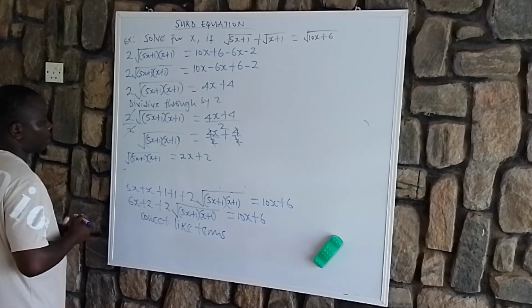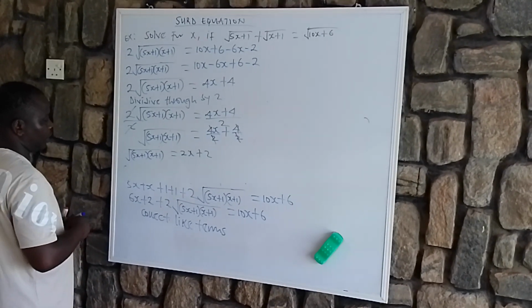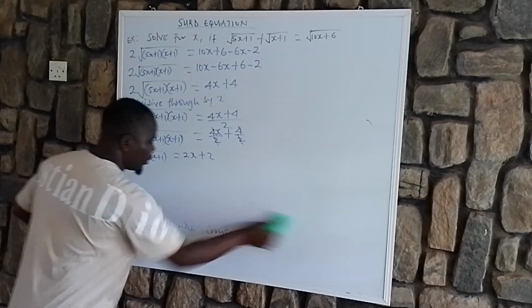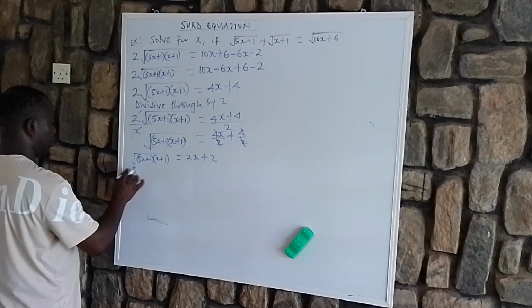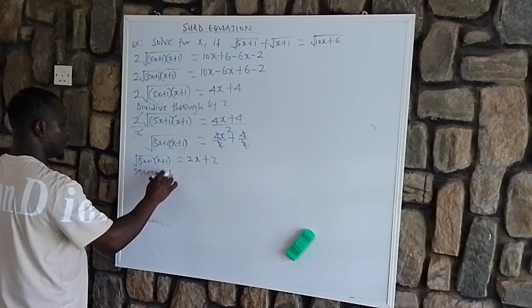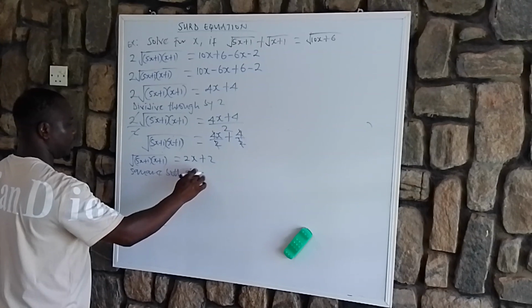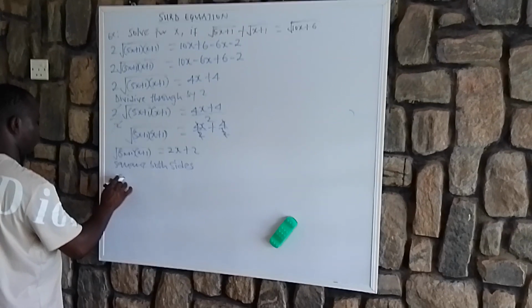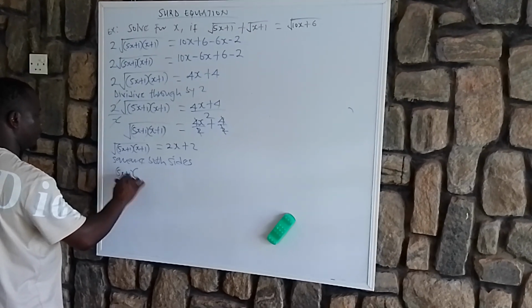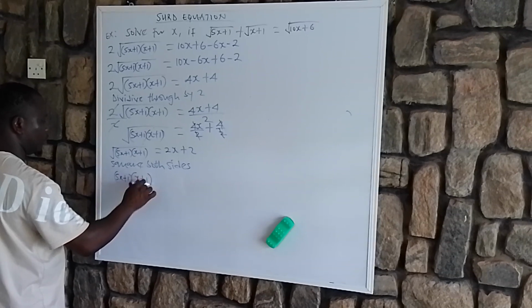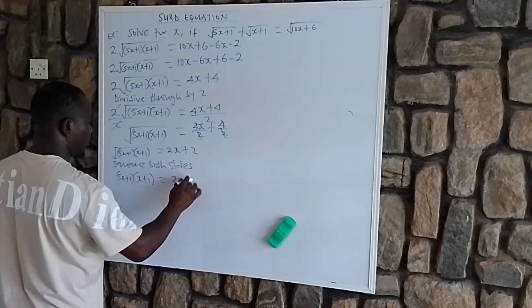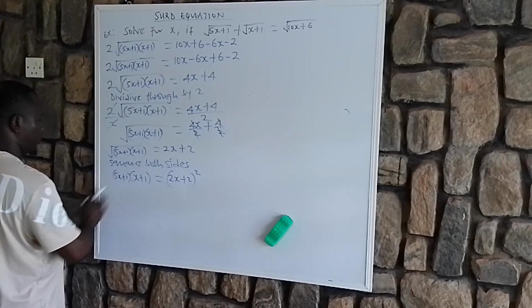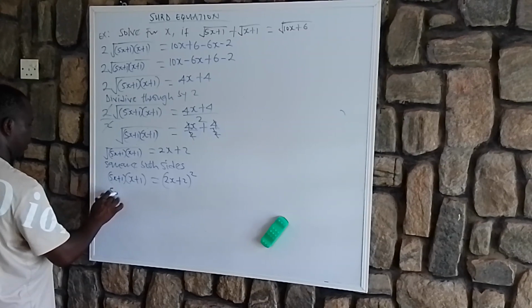At this point, for us to obtain the value of x, we are going to square both sides. If you square both sides, the left hand side will now be 5x plus 1 open bracket x plus 1, equals 2x plus 2 all in square. So let us multiply out. That is 5x plus 1